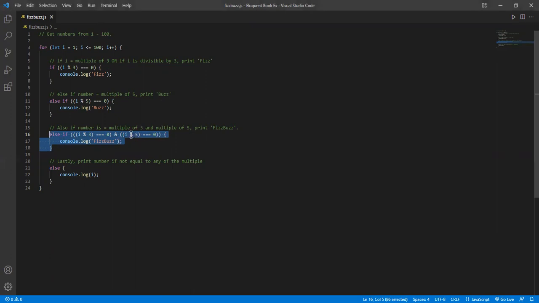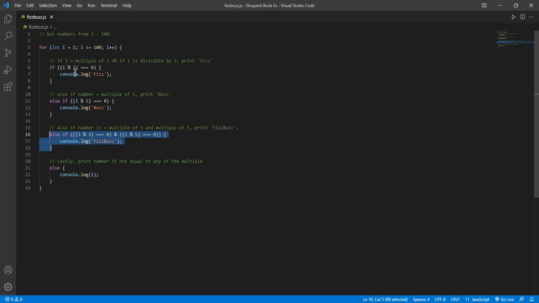So it means 45 should print out FizzBuzz. But what happens here is that the divisible by 3 check we put first here. So when the code is running, when 45 starts looping, and when the number i is at 45,